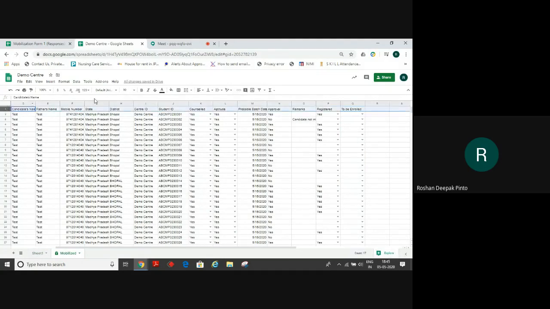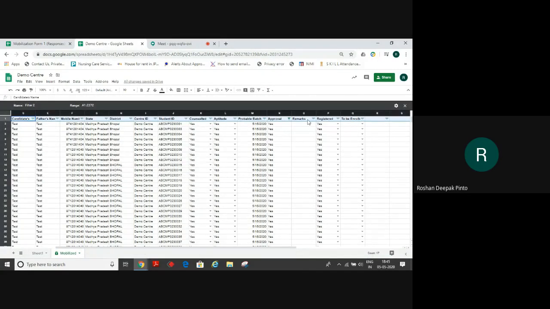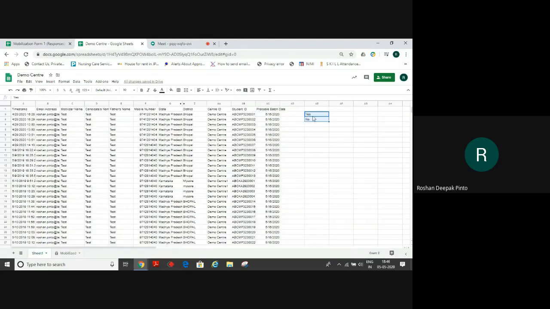Once again, you have to see here that all the candidates which are registered here should be enrolled as well. So what you do is, again, that same filtering option, filter 2, you can select what you have already done earlier, copy that complete registration part and paste it in enrolled. Now you know that these are the candidates which are to be enrolled. Now how do I know that the center people have selected these candidates to be enrolled and there is no duplication in other stuff? So for which what I will do is, in sheet 1, after this yes and no,